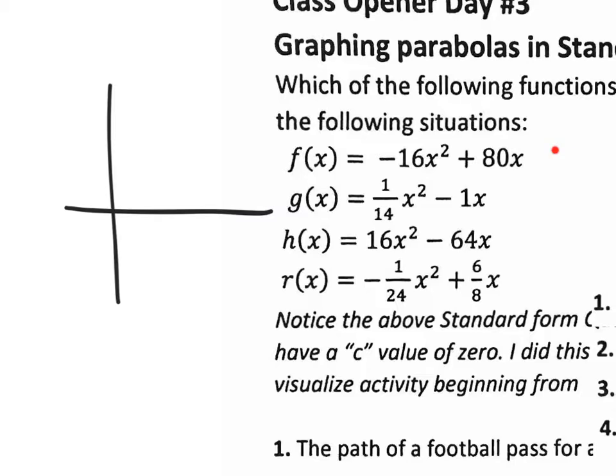So by me putting the c value right there, it'll make some type of parabola that crosses through the origin. So your parabola might be really high, or might be just kind of like that, or it might be really steep going down. It all depends on your vertical stretch or compression, right? Anyway, I know that might sound a little confusing right now, but let's just take a look at the